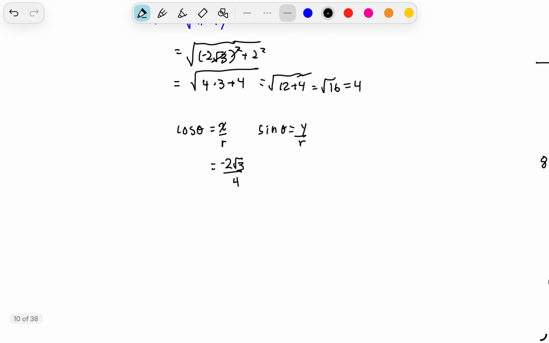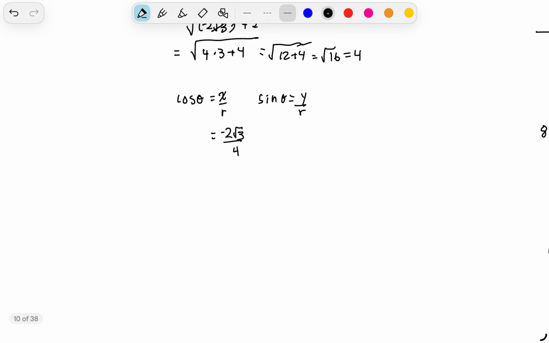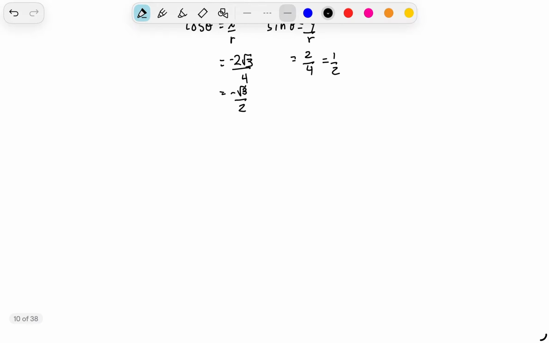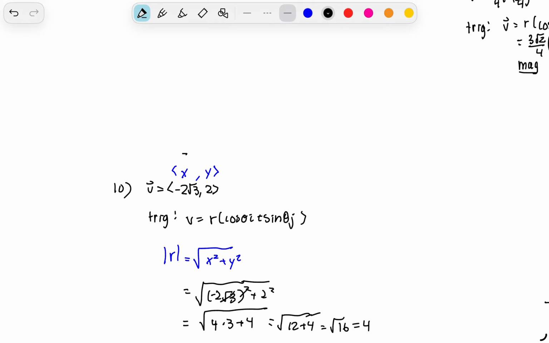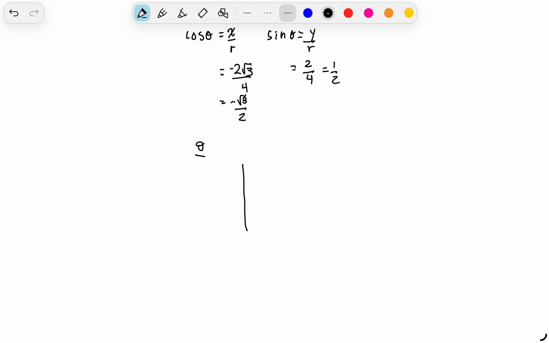So that's going to be what our cosine theta is, which we can write as negative root 3 over 2. And this we can write as 2 over 4, which is 1/2. Now we have to find the angle. And here we know we had a negative cosine and a positive sine. So we need to find the quadrant where we have a negative x and a positive y, which is here,